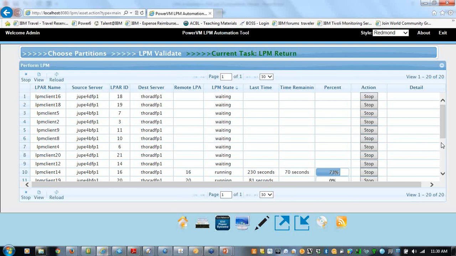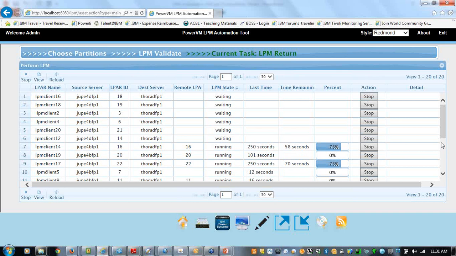So there were some questions about moving inactive nodes as well. When you were doing your demonstration, you showed both inactive and active nodes, and no problem with moving those. One of the questions was, if you move an LPAR from Power 7 to Power 8 and put it in Power 8 mode, now you can't move it back to Power 7.